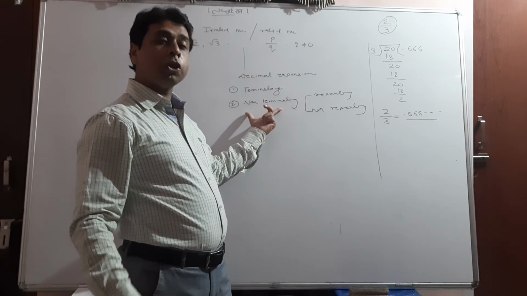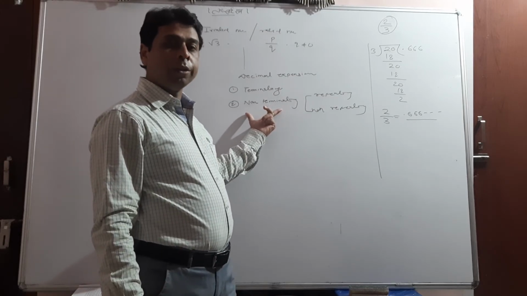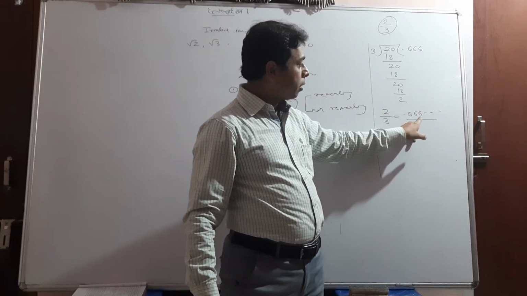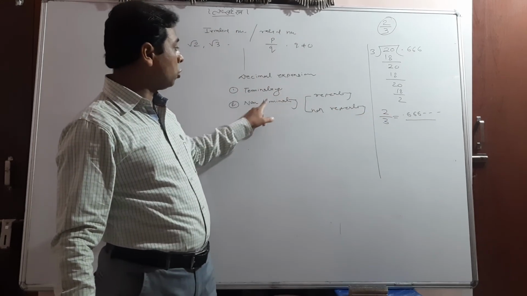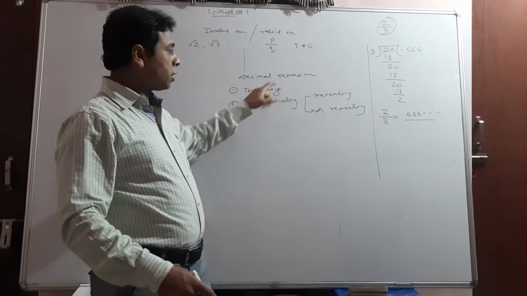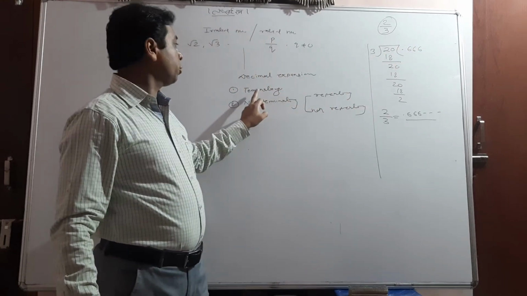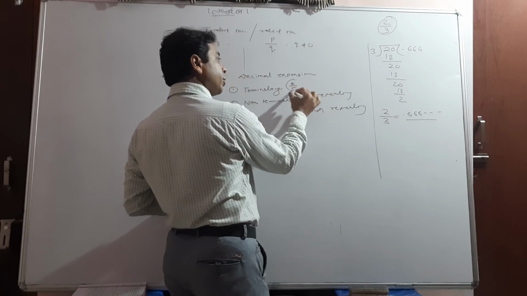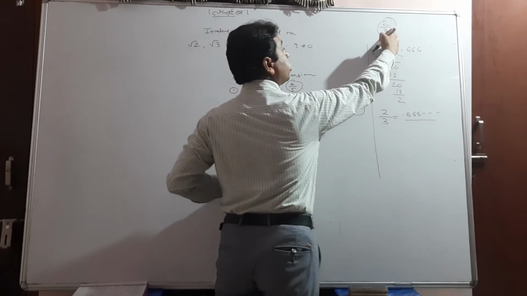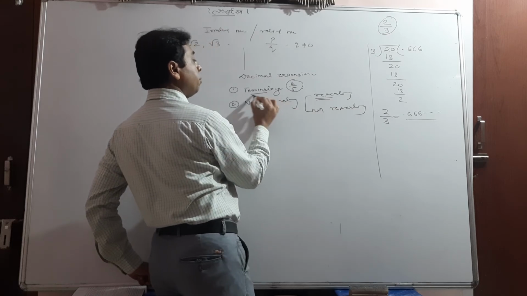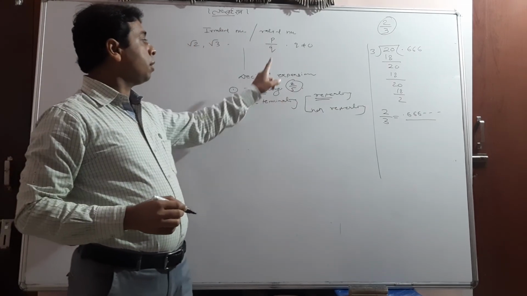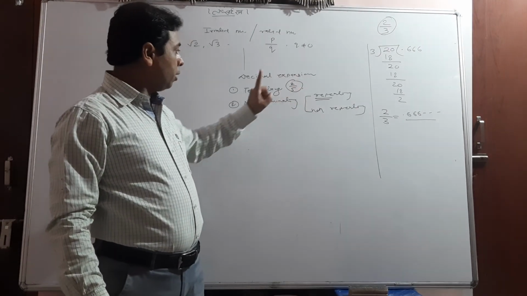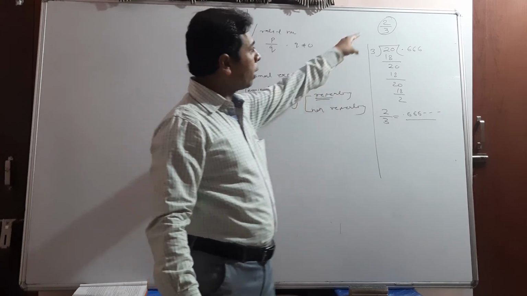Non-terminating decimals are those which never complete in division. It goes on to infinity, but it has a repetition, so it is called non-terminating repeating. In the last section, I taught you terminating decimals, like 2 by 5. That is also rational. So keep in mind, a terminating decimal is a rational number, and a non-terminating repeating decimal is also a rational number.